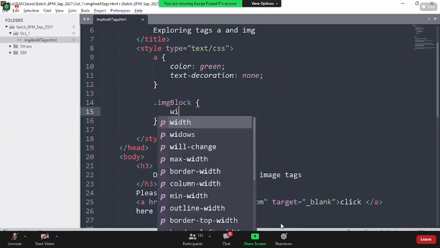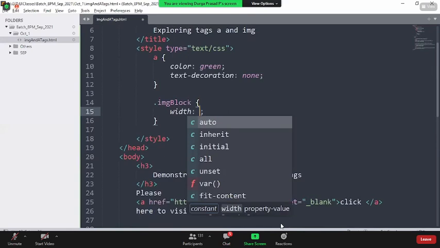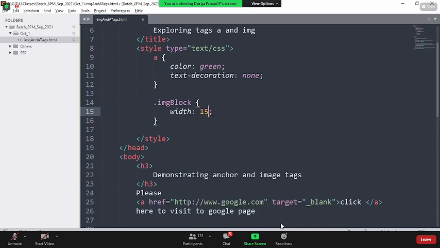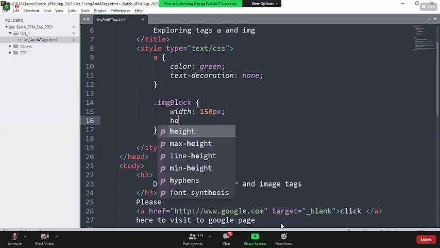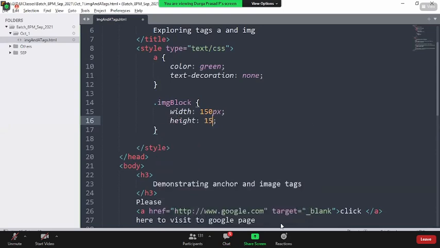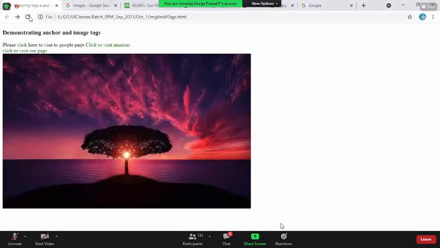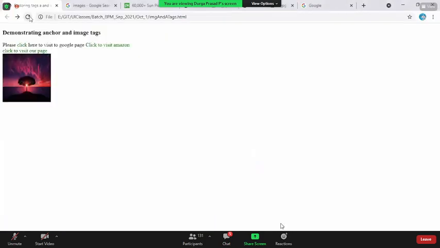Now I use the width property, using which you can specify the actual width the image has to occupy. I say 150 pixels. I use the height property, I say 150 pixels. Now, if you save this, come back here and reload the page, could you control the dimensions? Yes. So using the height and width properties, we can control the width and height of an element, sorry, of an image tag.